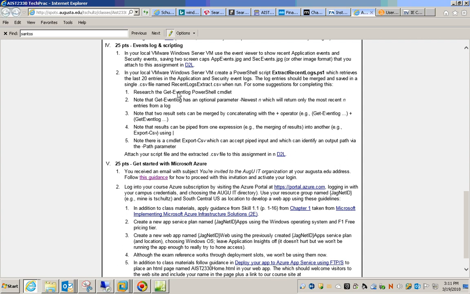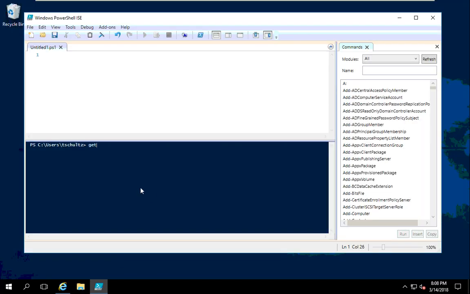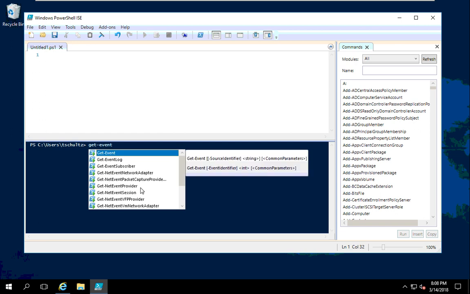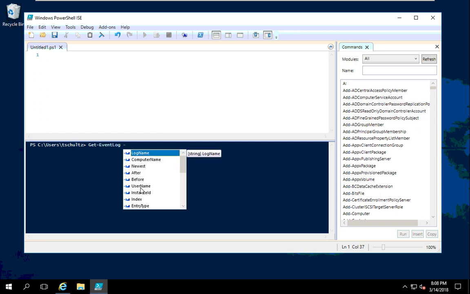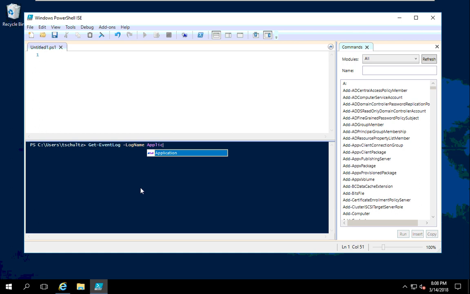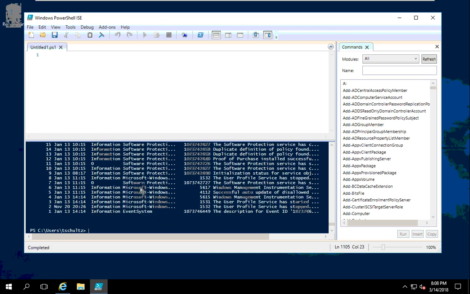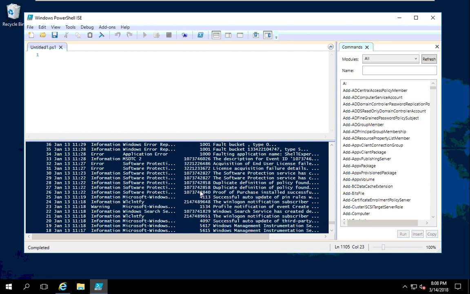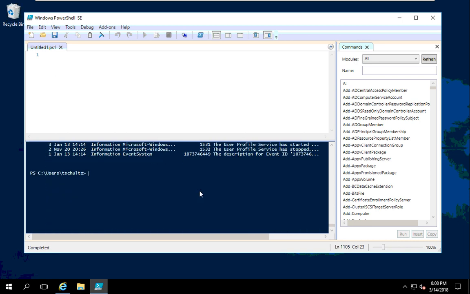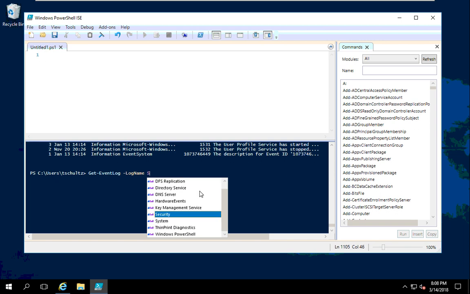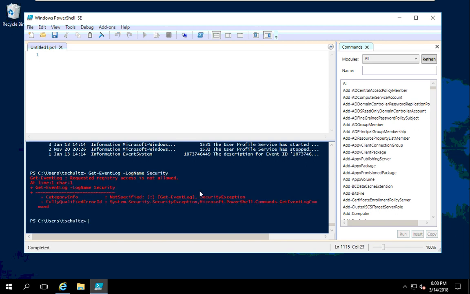So there is a Get-EventLog PowerShell cmdlet. Okay, and that's getting me the application log. And I wasn't counting, but boy, that was a whole lot of them. And we can also then get from